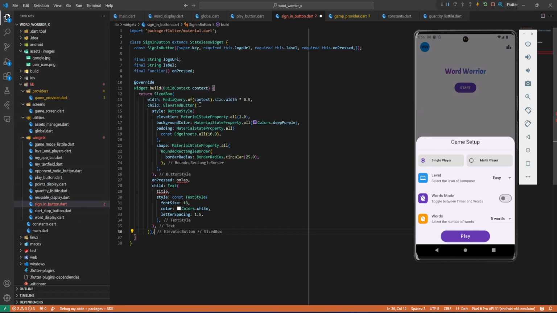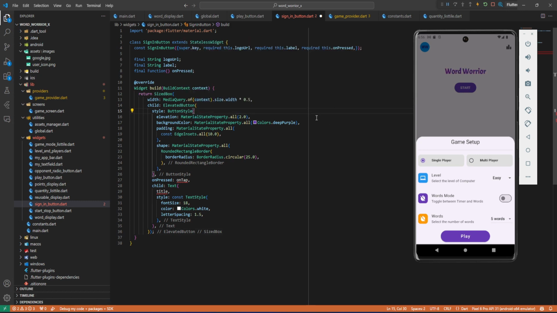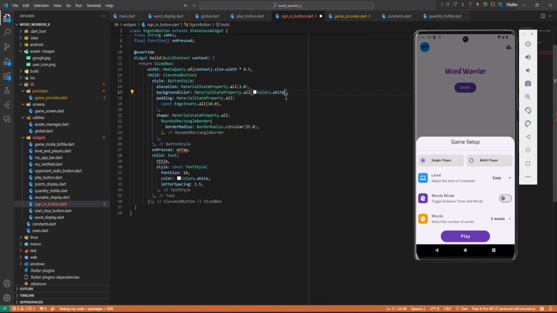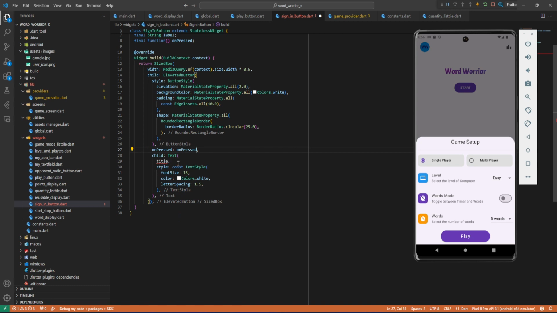Like the button style here, instead of the deep purple, let's just have white. And then on top, we're going to have on pressed. And then here on the title,